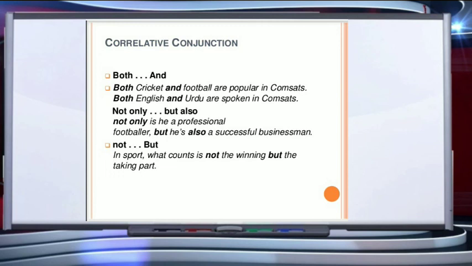So, children, I hope all of you are clear with the three types of conjunctions that we've done today. One is coordinating conjunction that joins two principal clauses, subordinating conjunctions that join one principal clause to one or more subordinate clauses, and correlative conjunctions are conjunctions that always occur in pairs. So these are the three types of conjunctions that you shall be doing for the time being.